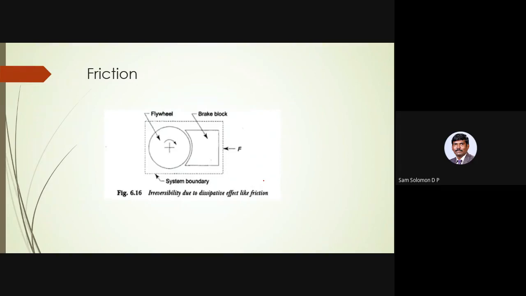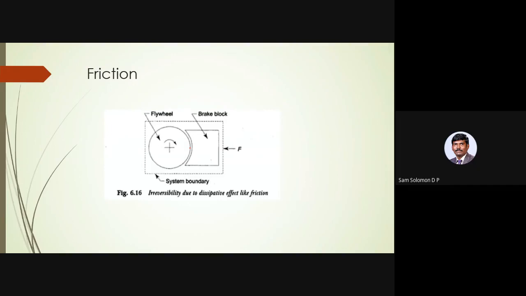So you have got this friction. So you have a flywheel which is rotating with some kinetic energy. So you have a brake block. This is like the brakes that you have in your two-wheelers, the drum brake that you have. In cycle, if you have ridden a cycle, you would have known this. You have this block which will come and rest against the rim of the wheel and stop the cycle. Okay, so that brake block you have. So when you apply the brake, when you apply force to this brake, it will press against the wheel and it will stop the wheel.